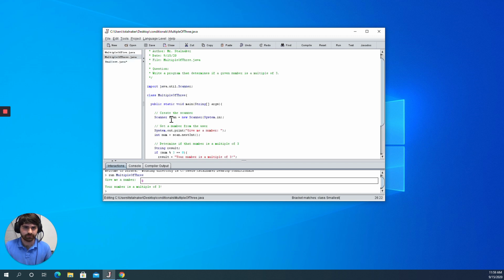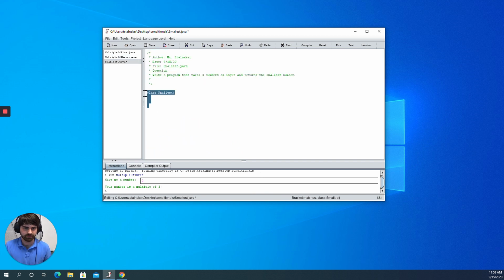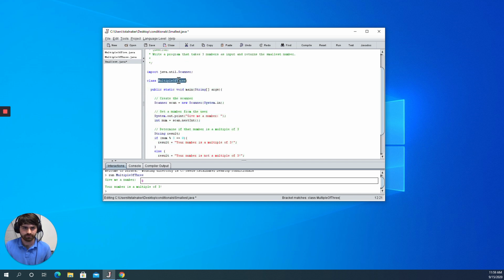And I am going to go over here and copy and paste some stuff. Actually, I'm going to copy paste everything, because all of our programs are pretty similar. Alright, so we've got our scanner, we've got our class, we've got the main method, we make the scanner, we got a prompt. This time the prompt's going to be,